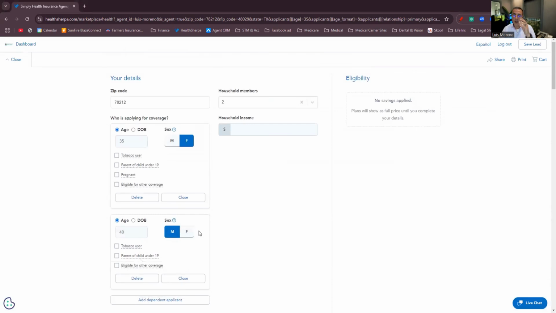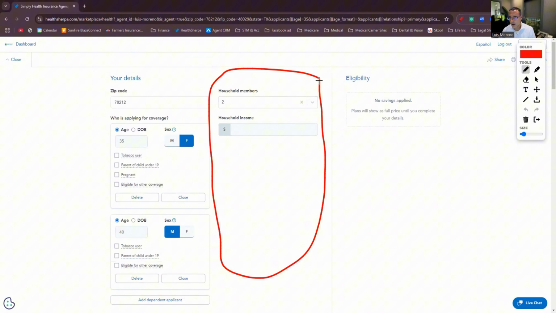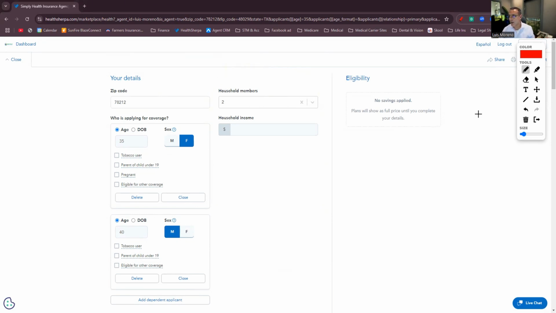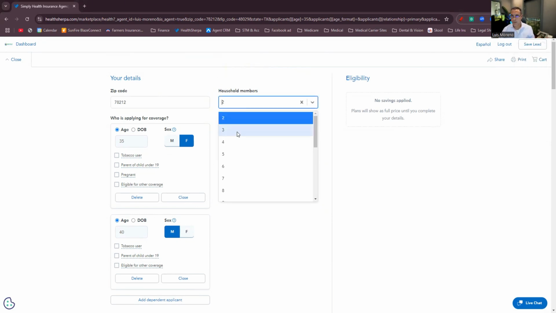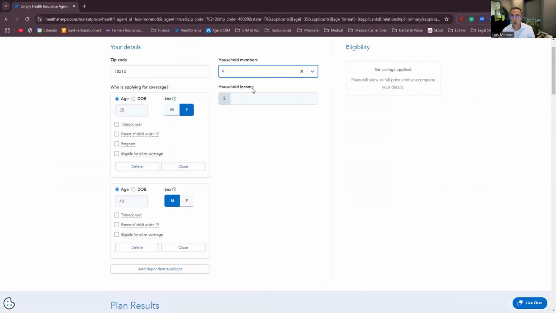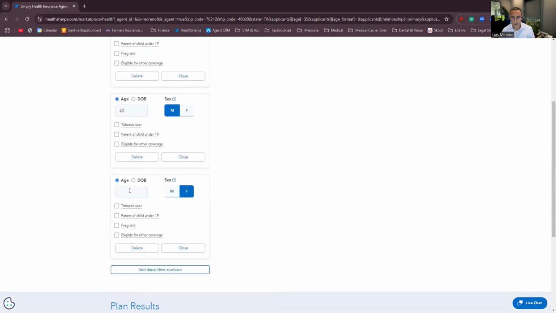Okay, but now that you are in this section right here, you need to make sure that you're accounting for the right amount of people that are on the tax return. So mom, dad, and 2 kids, 2 kids are in CHIP. This is a household of 4. Okay, if you go ahead and include the kids,